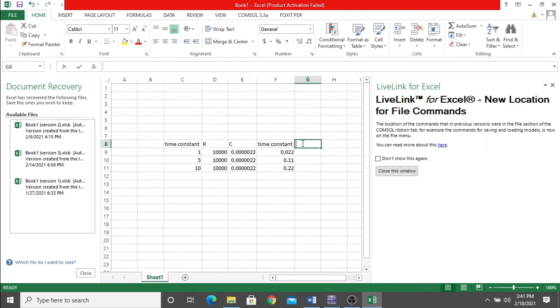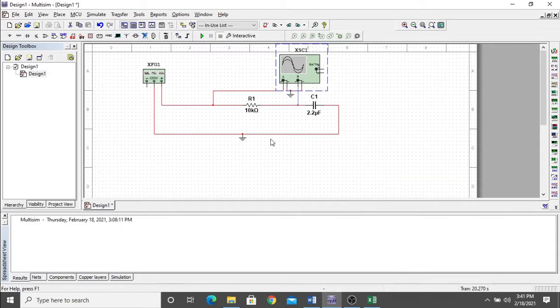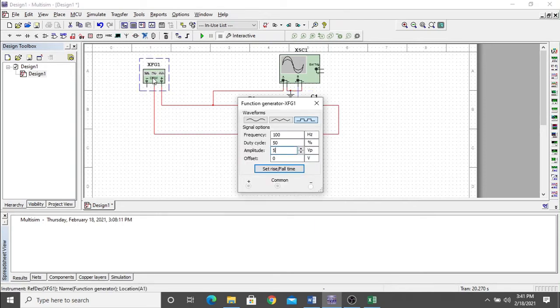And frequency. Why do you need a frequency? Actually, as you can see here, we have a function generator. We can't give the input as a time. So we convert the time into frequency. Like right now it's 100 hertz, and as you know, frequency is the inverse of time.